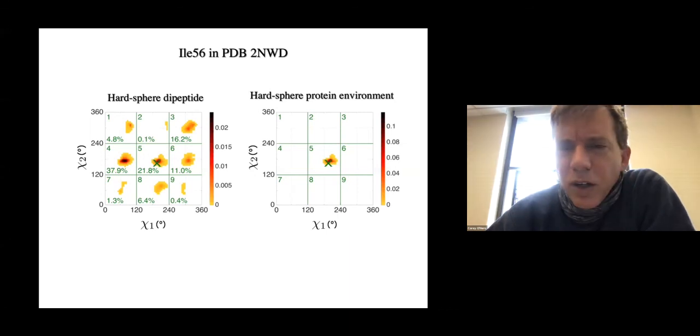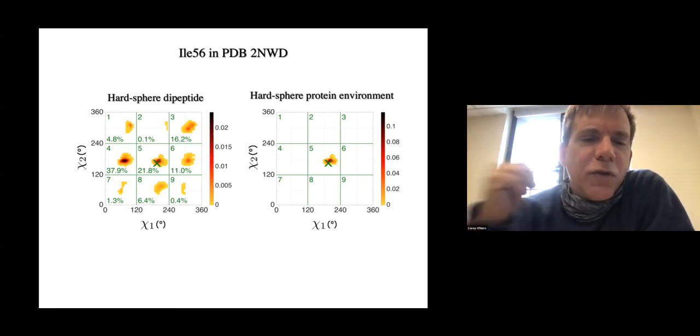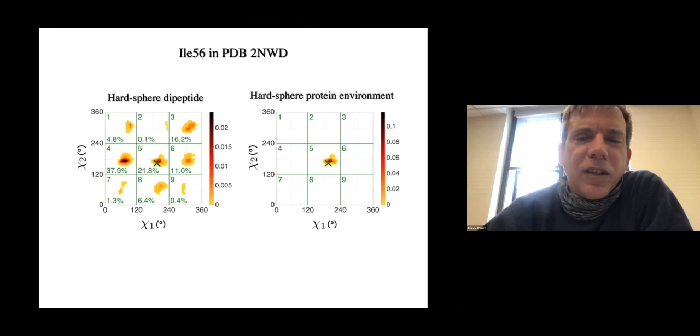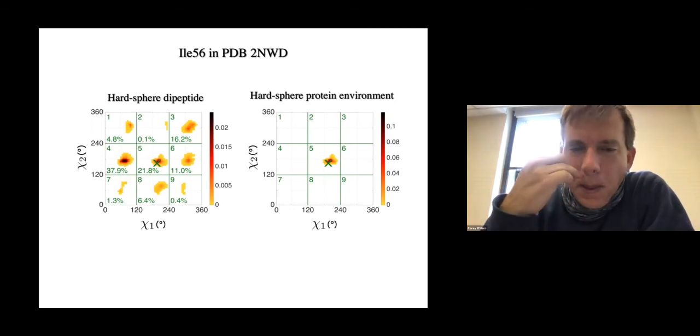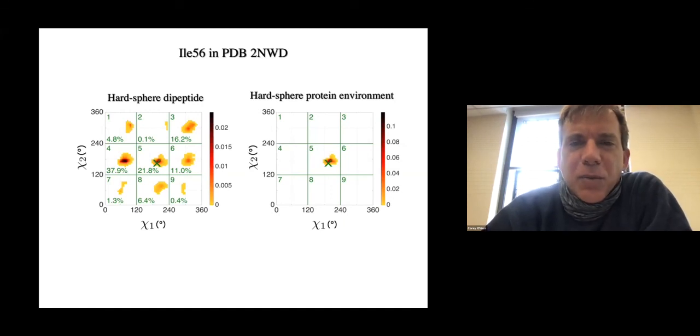For this particular isoleucine, again, the dipeptide gives a more uniform probability. It doesn't exactly agree with the dipeptide from the previous example because the bond angles and bond lengths are a little bit different for this particular isoleucine. But you again get the rotameric feature. But then when you put this particular isoleucine 56 from this protein 2NWD, that's the Protein Data Bank identifier, then